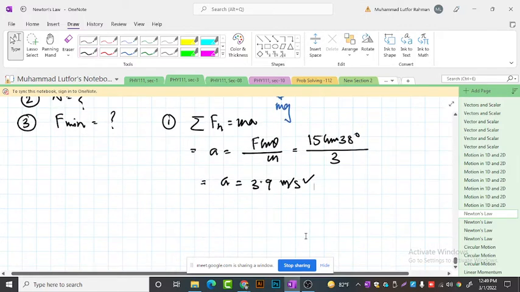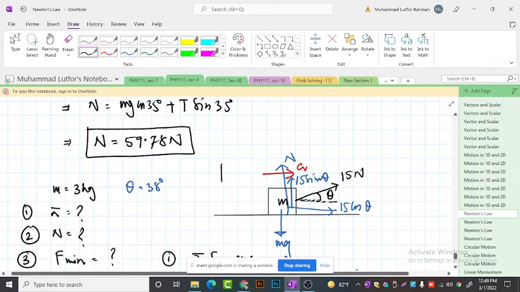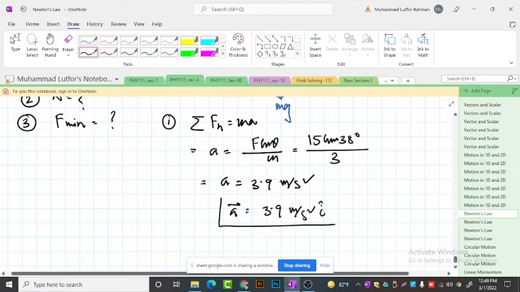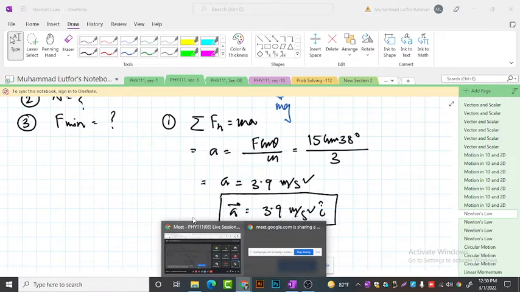Since it's a vector, definitely you have to give some direction. If I choose this as my positive x and this as my positive y, then I should write the acceleration as 3.9 meter per second square i-hat. Since acceleration is a vector, if you do not give that direction, you are going to lose lots of marks. Or if you do not write it in terms of i-hat, you can write it towards the rightward direction. Alright, so